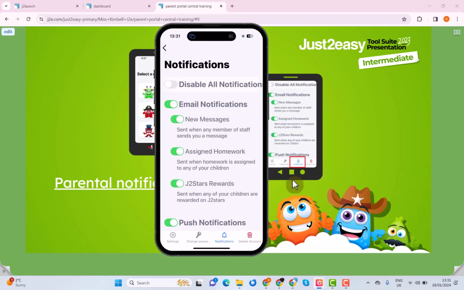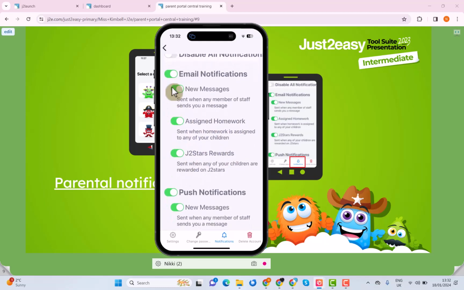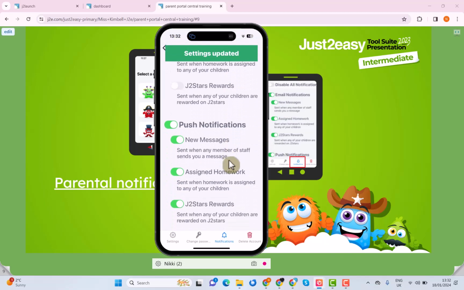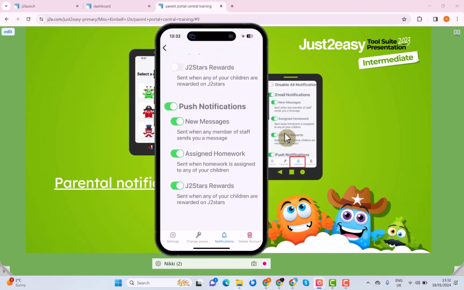So here we go. My parents can disable notifications at the top, or they can allow email notifications, or they can switch those off. So let's switch my email notifications off. There we go. And we've also got push notifications. These are notifications that they will receive on their phone, so things like a banner along the top, and also a little red number that shows